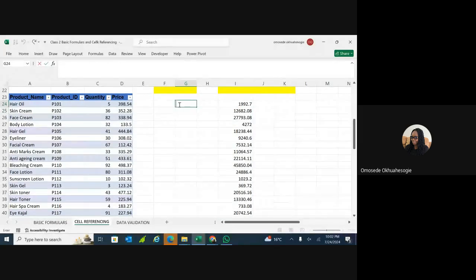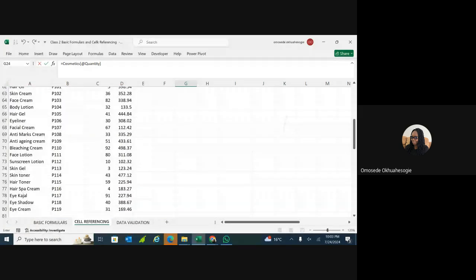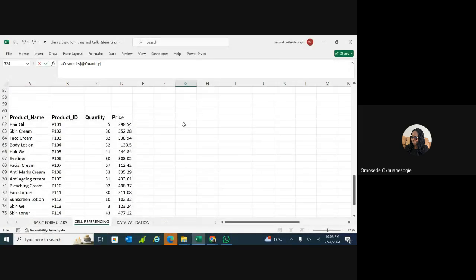Assuming I was using my normal relative reference, I will do this. I will say this is equal to. Okay, it's even bringing this out for me already, because I've already made it a structure. But normally if I was doing relative referencing, it would not be in a table format. Relative referencing is like this. Yes, so I was doing relative referencing. Now what I would do here would be